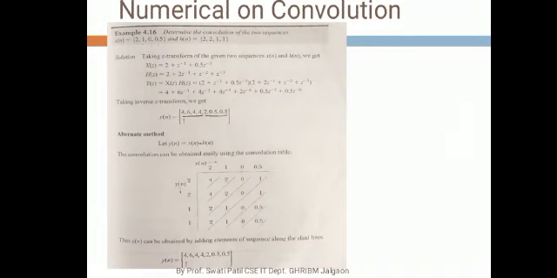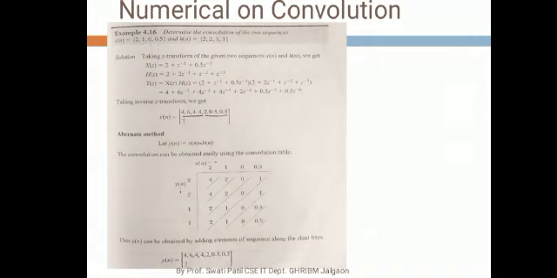Today in this lecture we are going to see how to solve the problem based on the convolution property. In the properties of the Z transform we have seen that g(n) convolved with h(n) is equal to capital G(z) into capital H(z). So it is very simple to solve the problem. While solving, we just multiply the given two signals and then we get the convoluted signal. So let us see it.